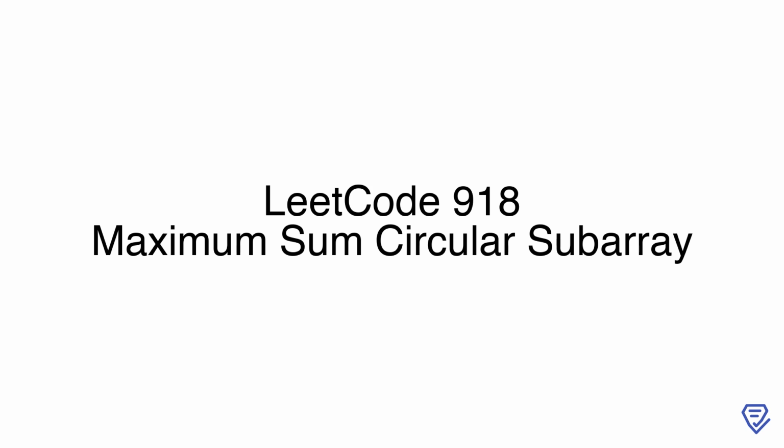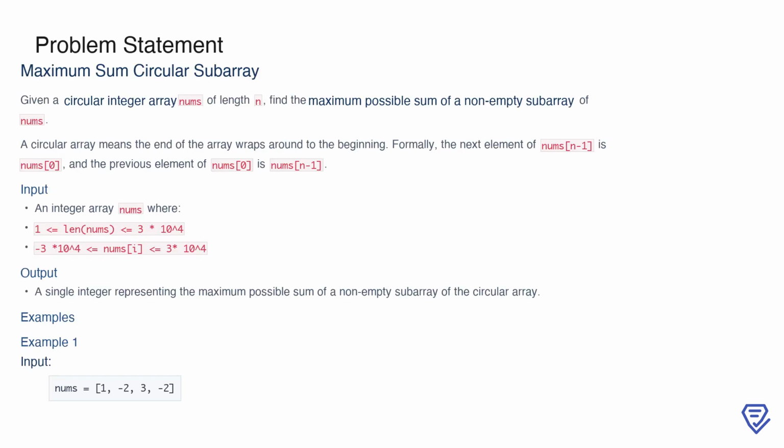Let's get started. This problem asks us to find the maximum possible sum of a non-empty subarray from a given circular integer array nums. What makes this interesting is the circular nature of the array, which means that the end of the array wraps around to the beginning. For example, in this circular array, the element after nums[n-1] is nums[0],